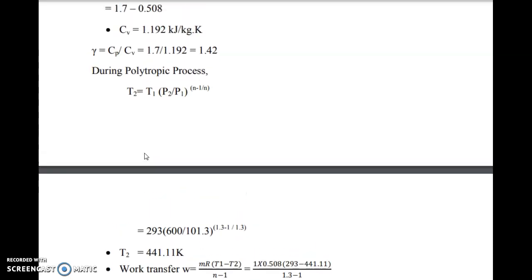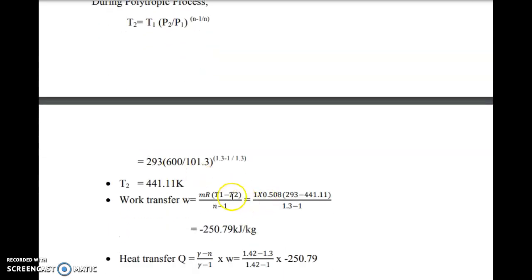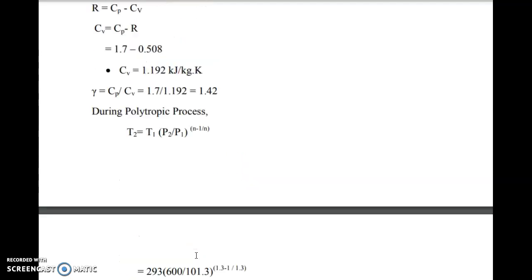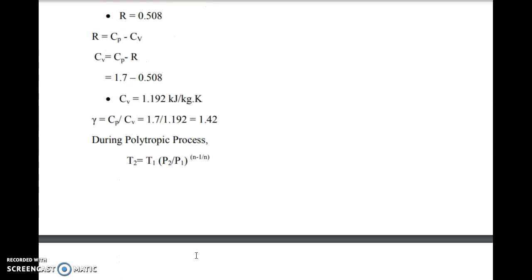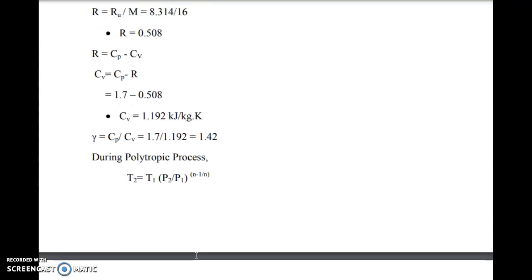Then in this formula, we should know the value of R and m. m means mass of the gas, that is not given. We can take the value of m as 1 kg. The gas is 1 kg. That is not given, so you can take it as approximately 1 kg. Then we should know the value of R and also gamma. If we know these two term values, then we can finish the given question. Okay. How to find out the gamma? First, how to find out the gamma?